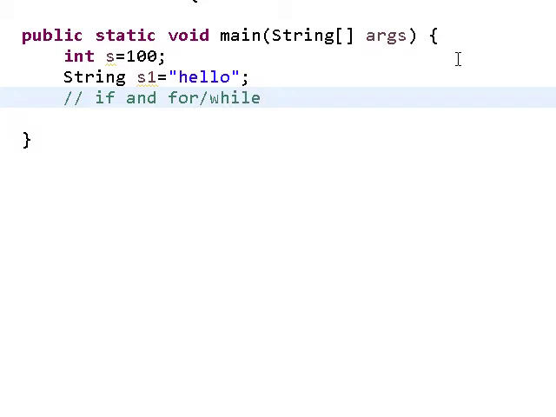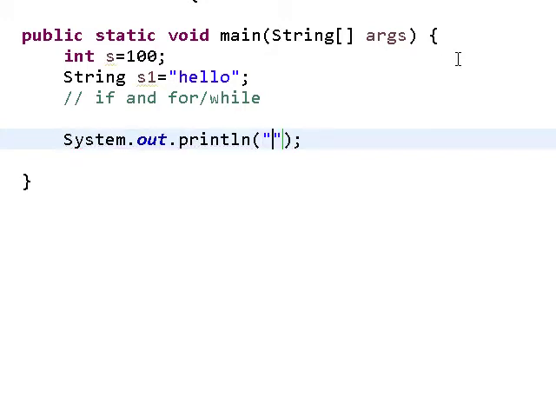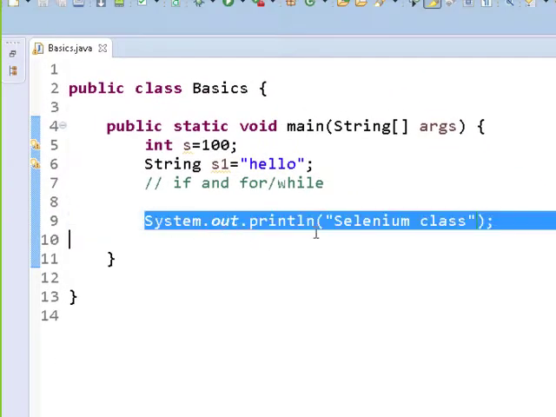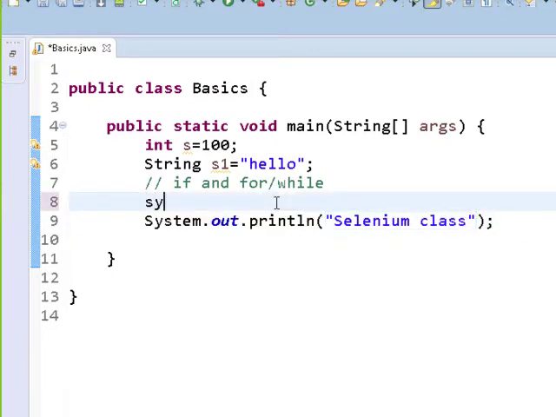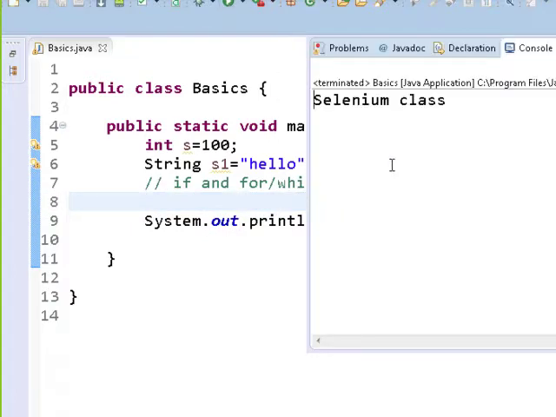The basic command in Java to print something is system.out.println. You can give this command like this, and I'll just type SYSO in the Selenium class over here and hit control spacebar. When you run this, it will print that.